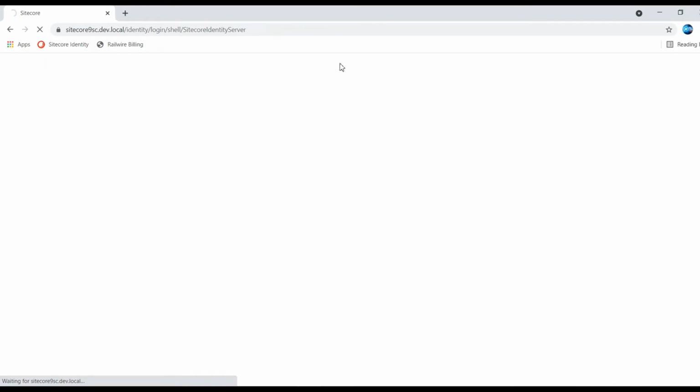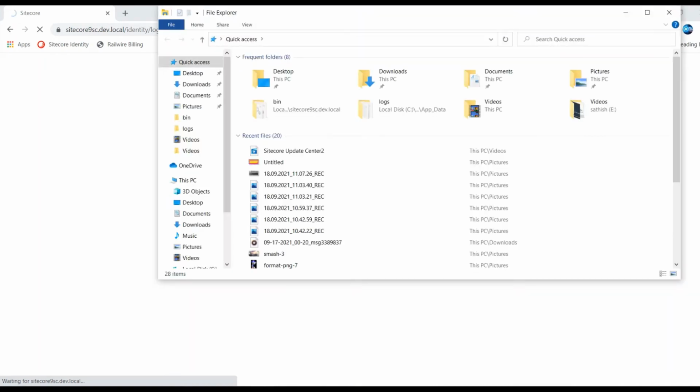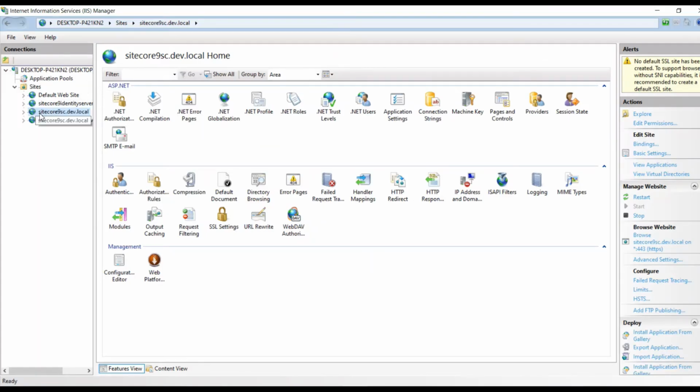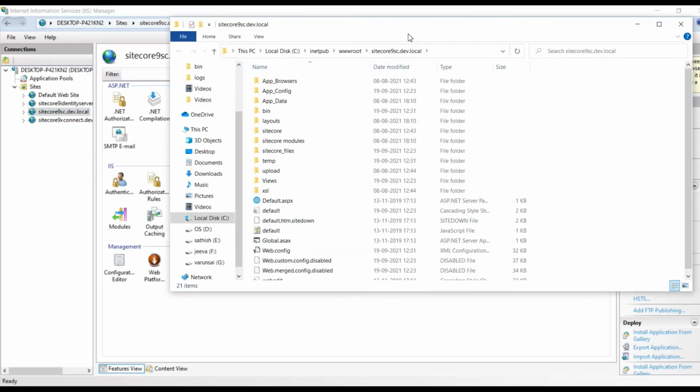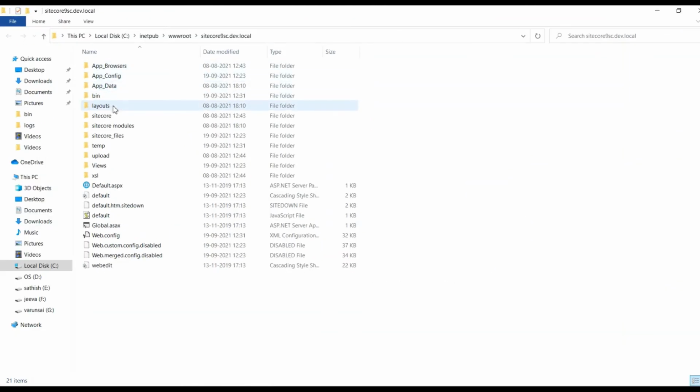While it's loading, I will show you how this works. Update Center uses a connection string for updating the service. Basically, that is the package management service from which the Update Center works.